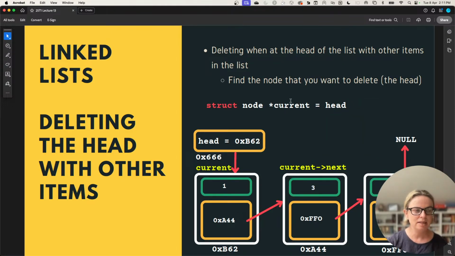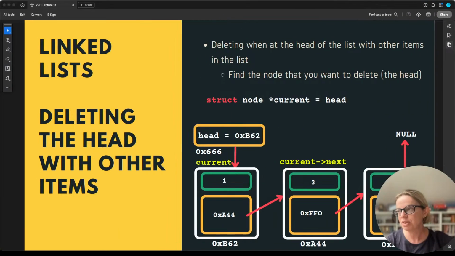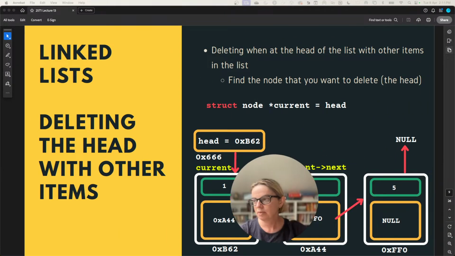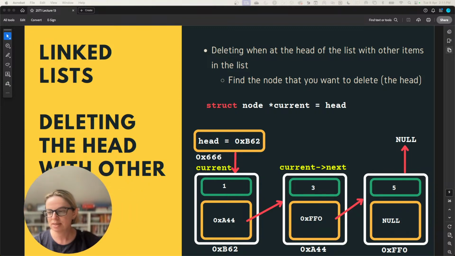And then deleting when I'm deleting the head of the list, but there's a whole bunch of other items. I've just realized, oh, that's not what I meant to do. I meant to move the camera. Sorry, give me a second. Here we are. I'm just going to move the camera over to the other side. Okay, so